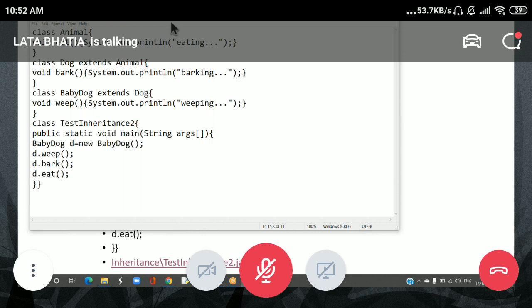Yes. Which is the parent class? Look at the code now.